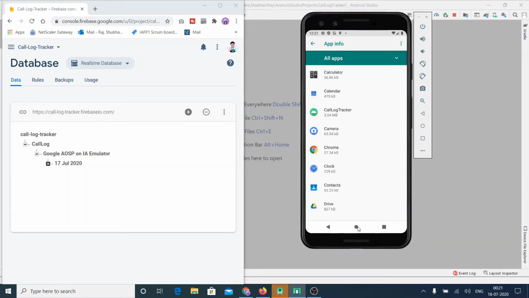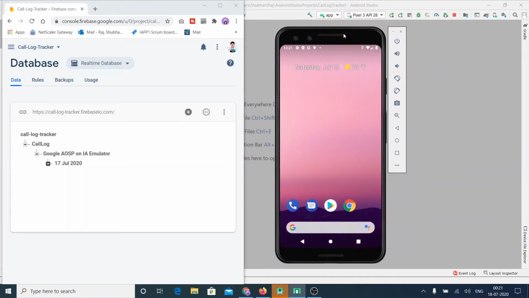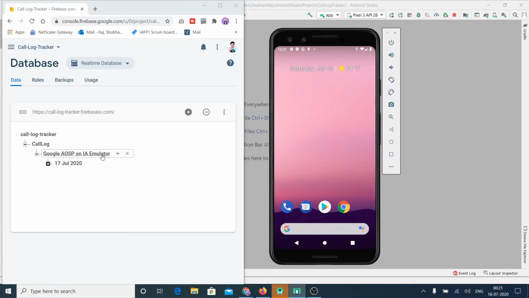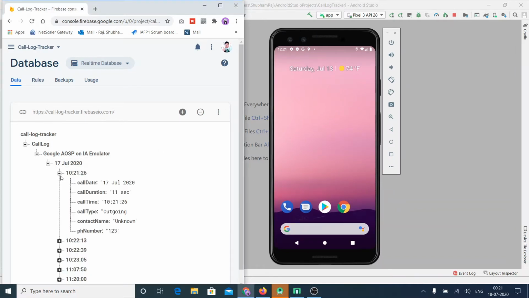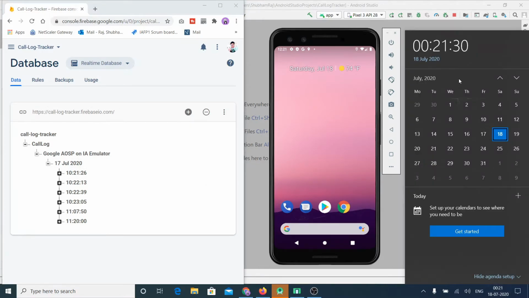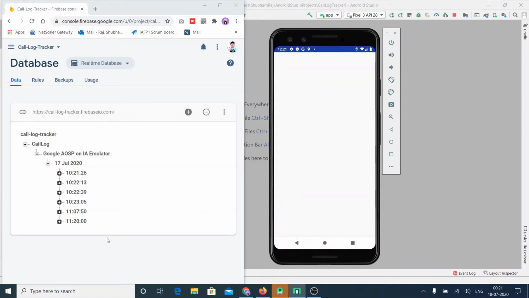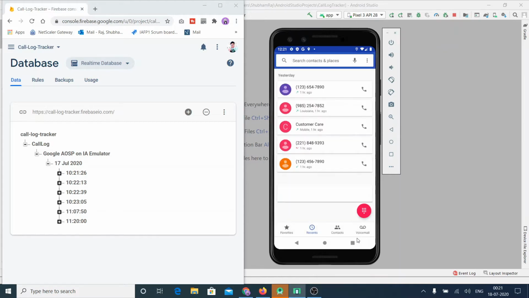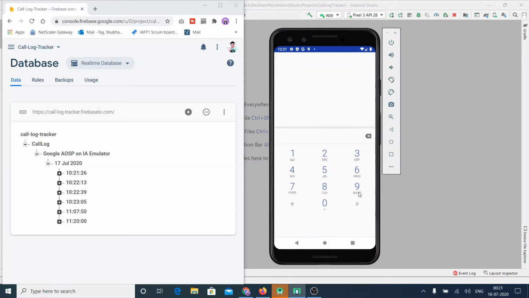As you can see, we have already added this app in our emulator. Now we will see the background refreshing. I have already said that every 15 minutes it will fetch the data and load it into our server. So I will show you that. Currently the time is 12:21 a.m. I will wait for a few seconds, but I will make a quick call, so that I can show you that new data will be loaded even when the app is not running. So I will call a random number.